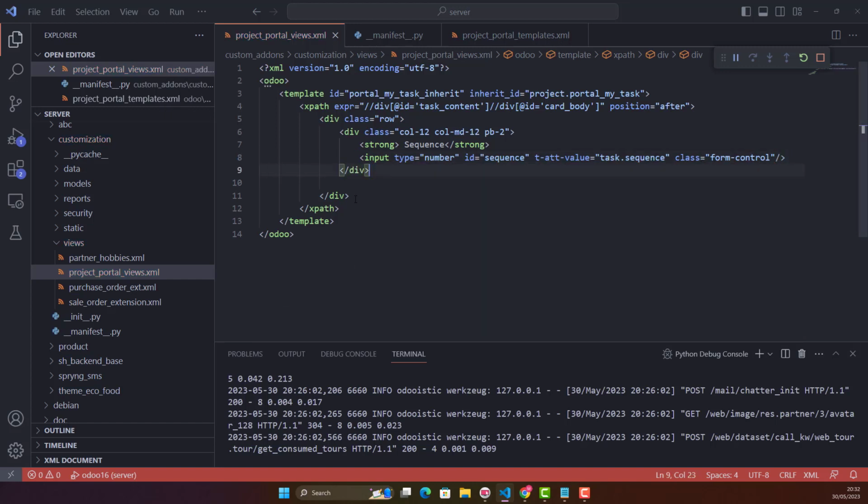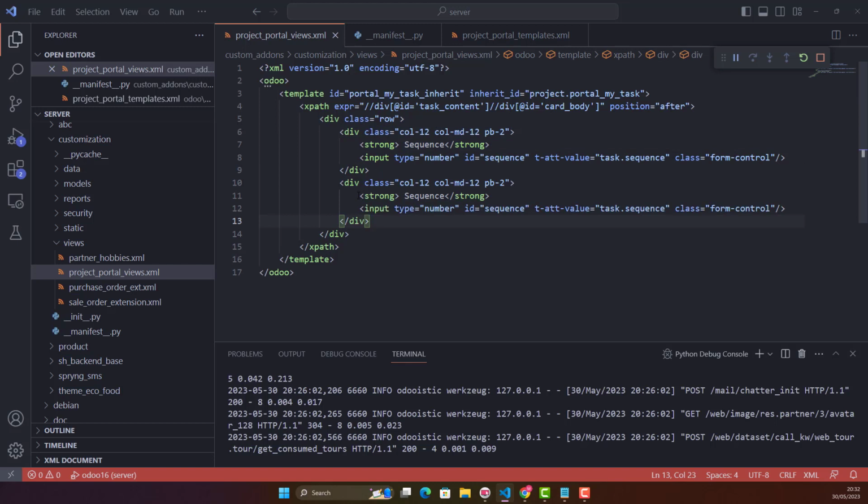So this is one field. Let's copy this and paste it here. Let me just give another one. Let's do the same div. That's fine. In sequence, I would say email. Input type is not number. That is a text, because that is a character field. I would say this email. Sorry, control Z. Email